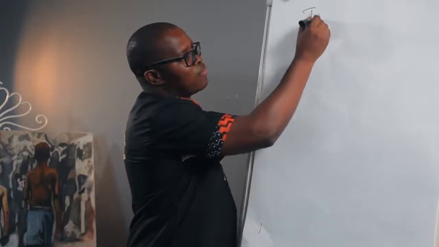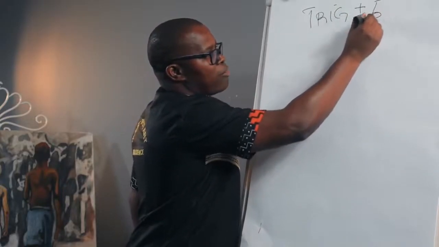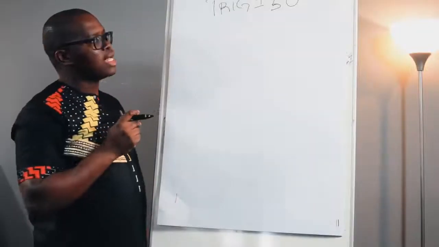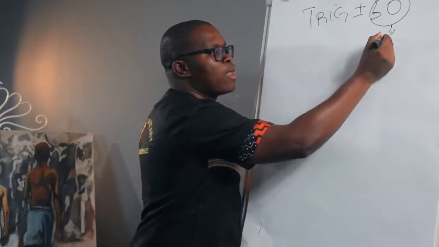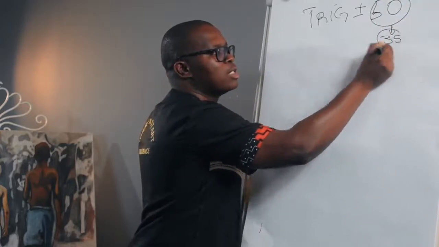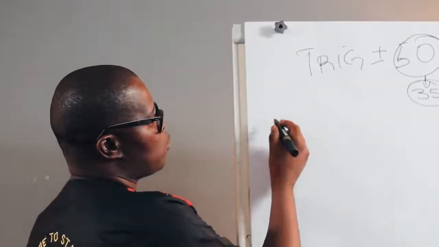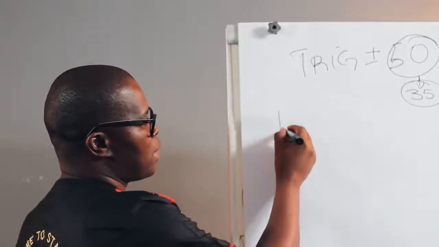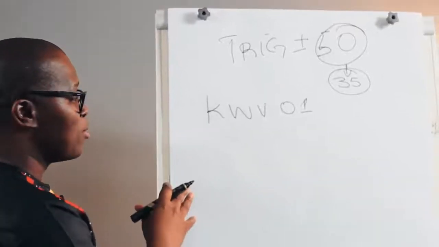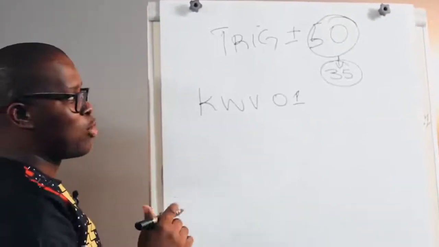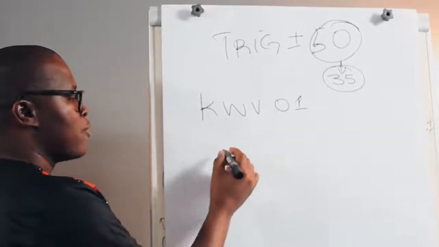Then let's check trigonometry, as I indicated, it's plus or minus 50 marks. So we normally say in this 50, at least you must get above 35. Right, above 35, that's the minimum. So what should you look at in the questions? Let's take the example one here. In KWV, we know it is example led. This is example one. When we talk about trigonometry, that is where the question says